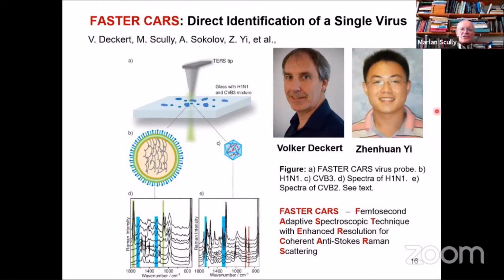And Volker suggested this should be called enhanced resolution fast CARS. Fast enhanced resolution, FERCARS. So with tongue in cheek, that's Volker's amusing designation. Well, it works. And Jürgen Popp and other of the great guys in Jena are the ones who get the credit for developing this technology. But Volker came with us after PQE last year, he was 2 years ago, 2020, and couldn't leave because